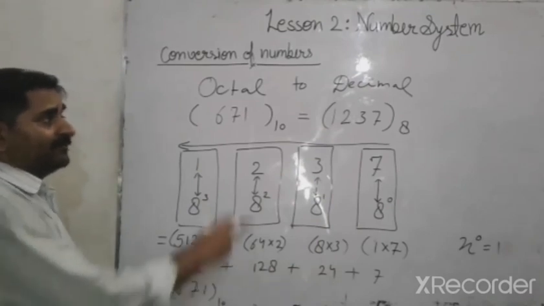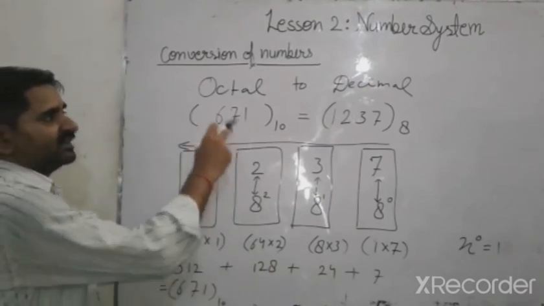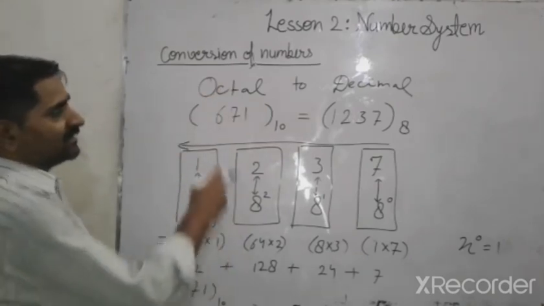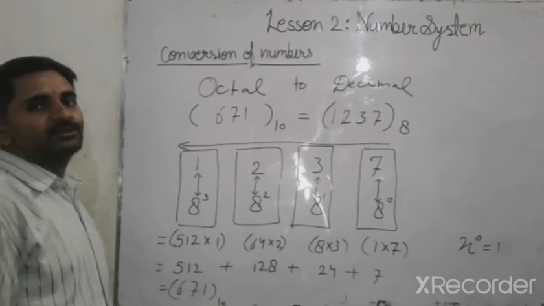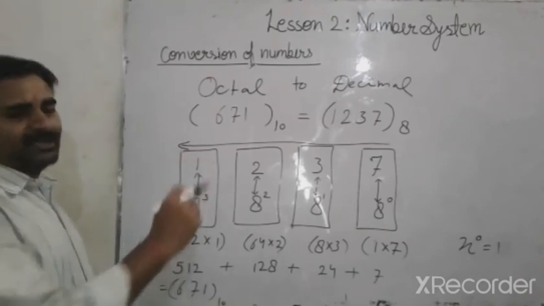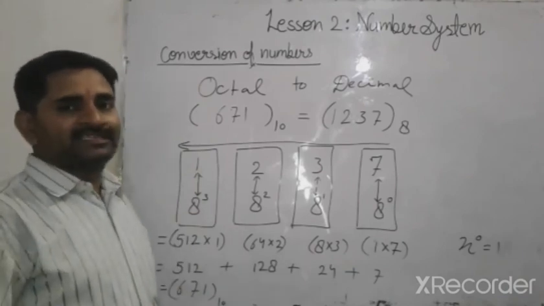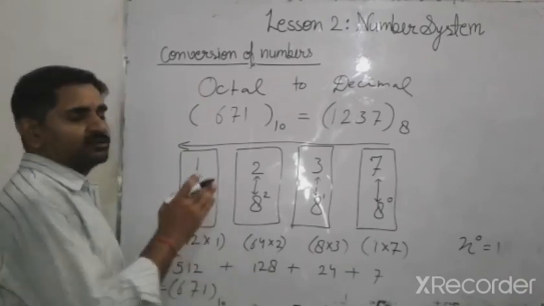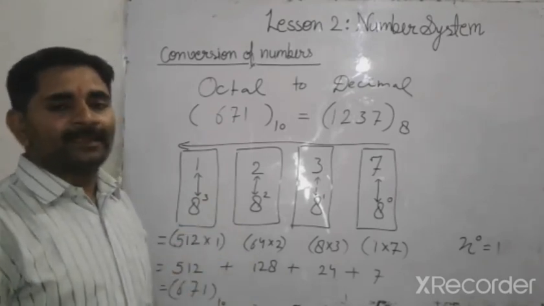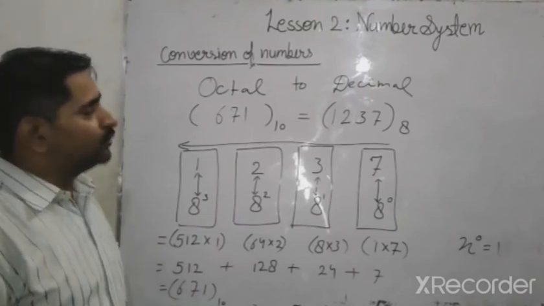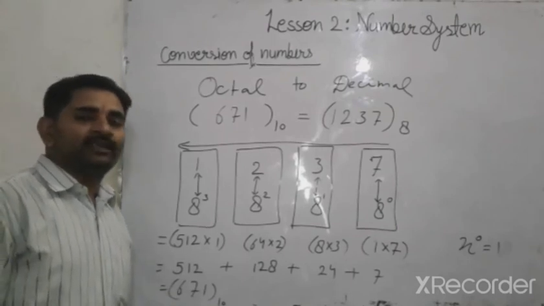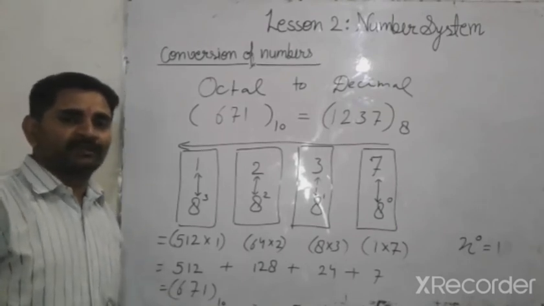When you compare both conversions, octal to decimal and the previous decimal to octal, this is also the verification of the decimal to octal conversion. So I think now you are familiar with how we can convert decimal to octal and octal to decimal. Now I conclude this session, and in the next video you will see how you can convert any decimal value to its hexadecimal notation. Thank you.